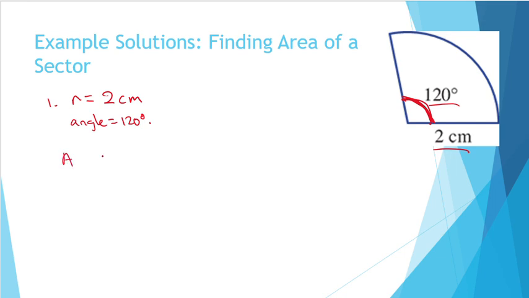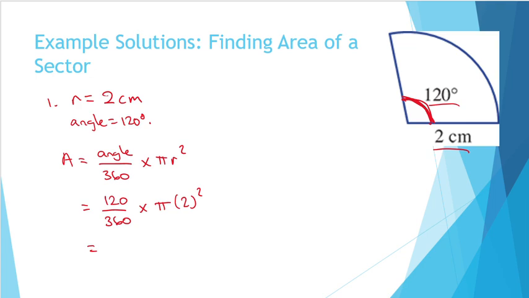I would then just write out my formula for the area of a sector. So A is equal to angle over 360 times pi r squared. The next thing we're going to do is substitute r and my angle into their respective positions. So this will now become 120 over 360 times pi times 2 squared. And if you just type this exactly into the calculator,